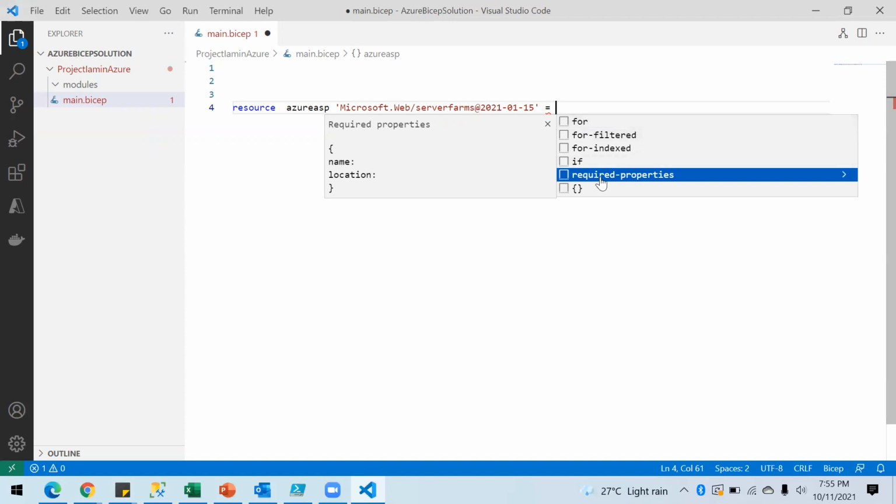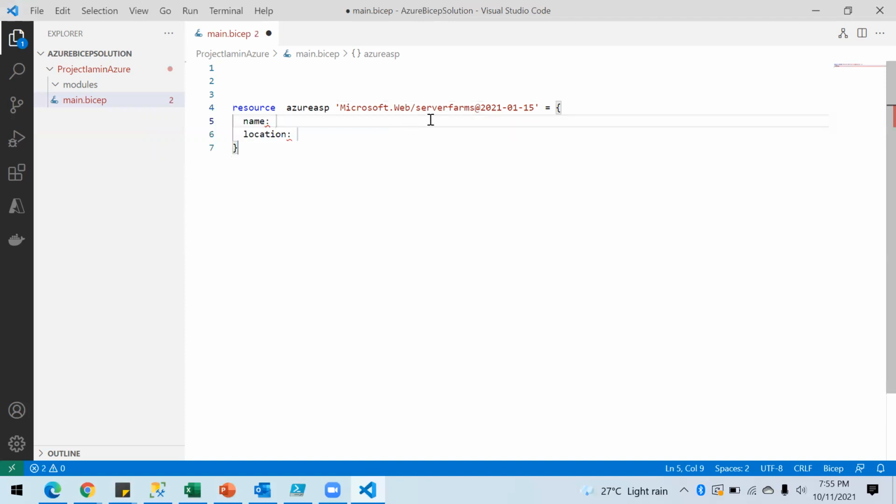But I'm going for the required parameters for now. My server farm will have a name and location primarily, so I'm going to give a name here. You need to put it in single quotes. I'm going to give it as IAM in Azure ASP.